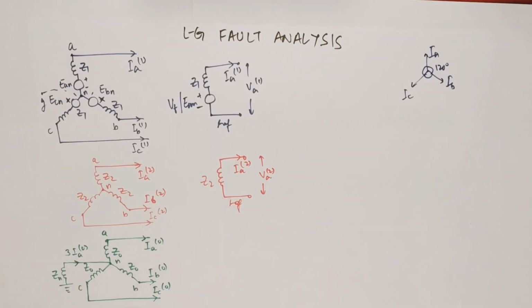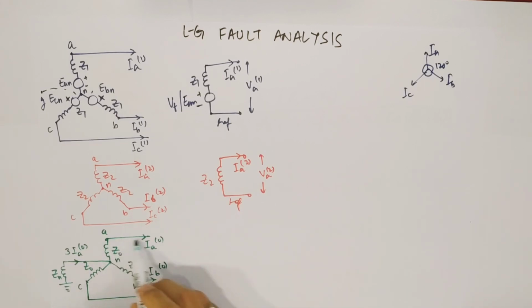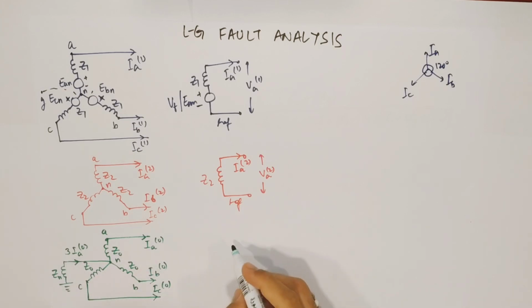Now in case of zero sequence, here there is a twist. In this case you will see that IA0 is there, IB0 and IC0, and from ground to the neutral there is an impedance connected, through which the ground current or the zero sequence current flows. Now this is thrice, as we derived in the second lecture, that IA0, IB0 and IC0 have the same magnitude and they are at zero phase difference, so they can be added. So this becomes your 3IA0.